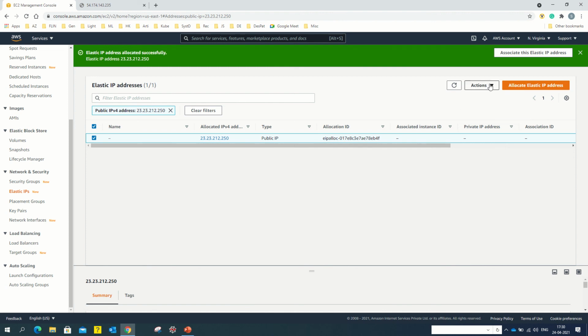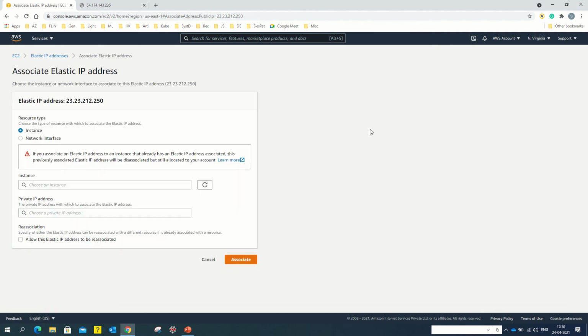What I can do is associate this elastic IP address to my EC2 instance by clicking on the option associate elastic IP address. I come to this page, and under the instances section, I choose the instance to which I'm going to associate this elastic IP address.